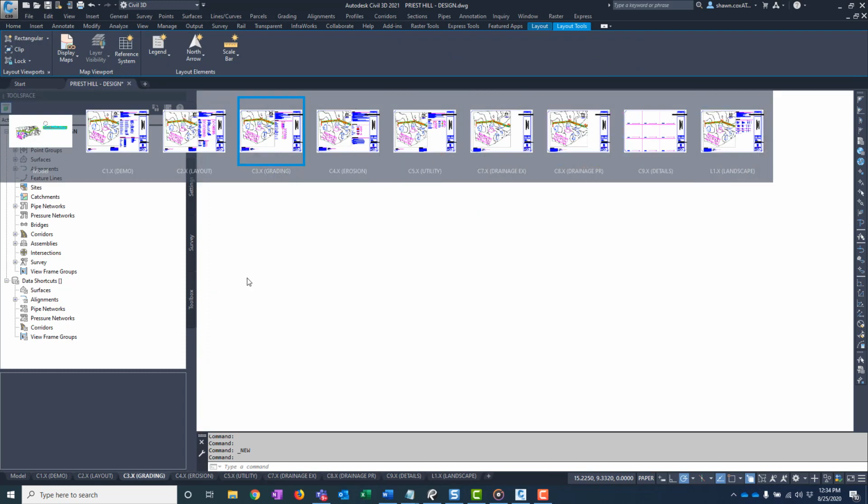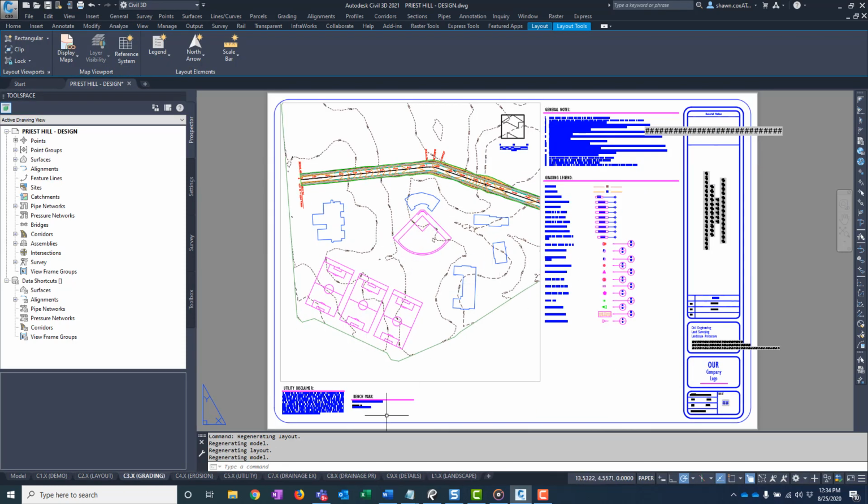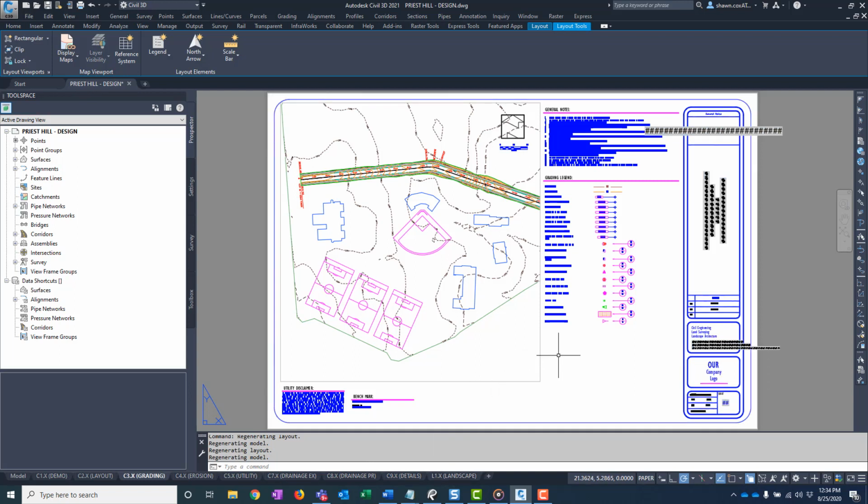Okay, so enough about design templates. Let's return to the idea of learning how to use the Sheet Set Manager. As I said before, regardless of my design template, I'm at a point right now where I've got a viable drawing file that includes several layouts I'd like to include in my plan set. They're set up just the way I want already, even if they may require additional editing as the project progresses. So right now is as good a time as any to set up my first sheet set with the goal